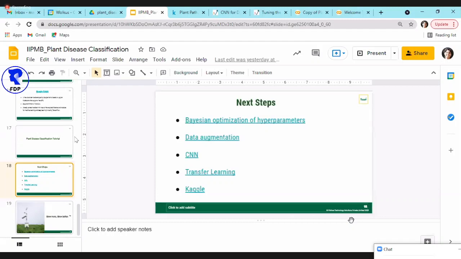This was just one plant disease like apple, but in that paper they have used CNN and deep transfer learning to actually build a generic plant disease classification.